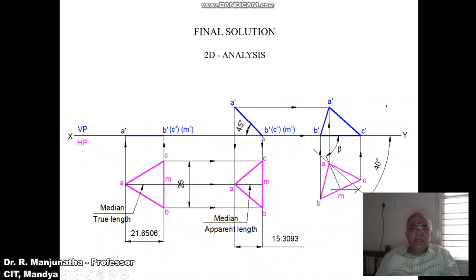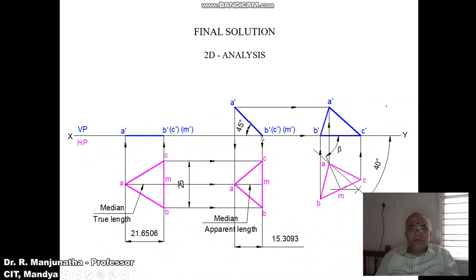on the XY line, and you mark that point by taking any convenient distance from the first position front view. Then, using the protractor with respect to the XY line, you measure an angle of 45 degrees and draw an inclined line. Similarly, using the compass, you measure the distance from B dash to A dash, and with B dash as center, transfer it onto the second position front view and cut an arc, and you mark this point as A dash. Then join A dash to B dash with a dark line.